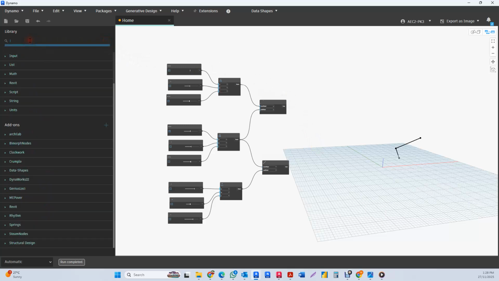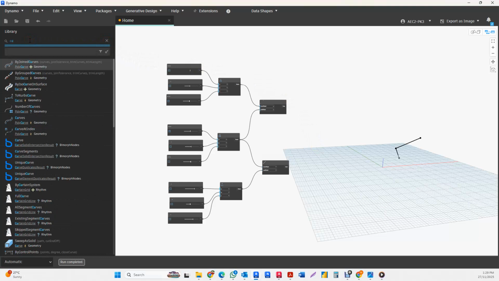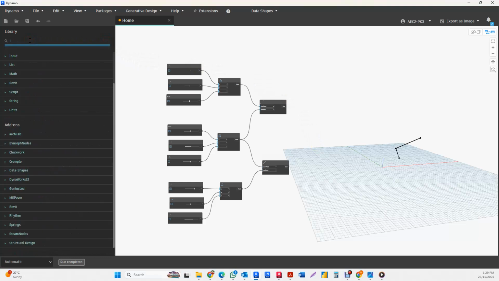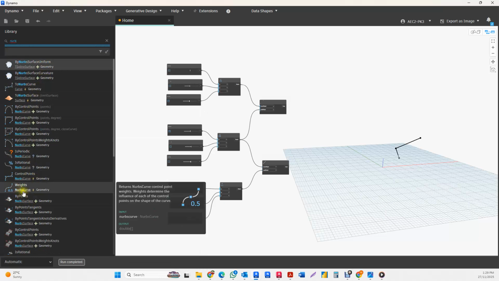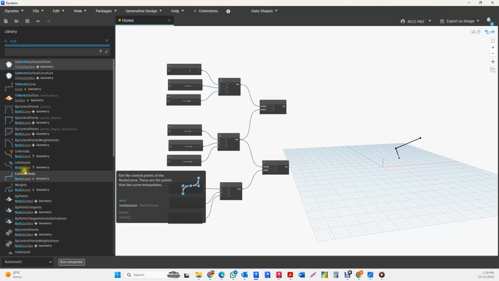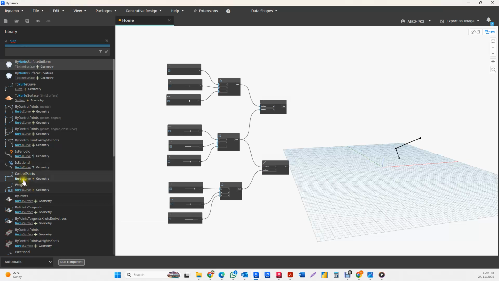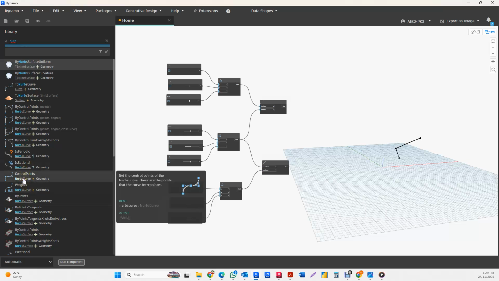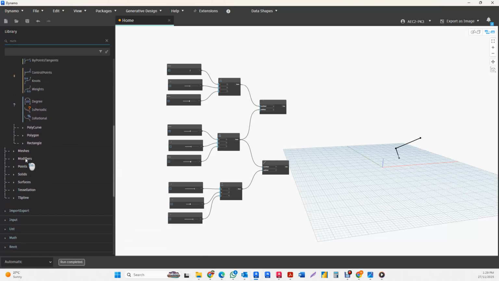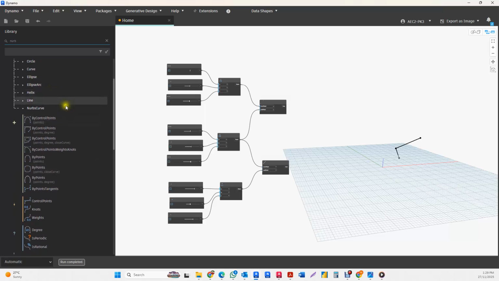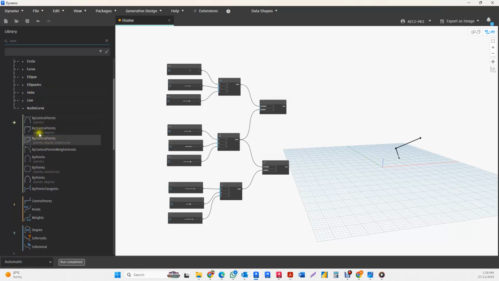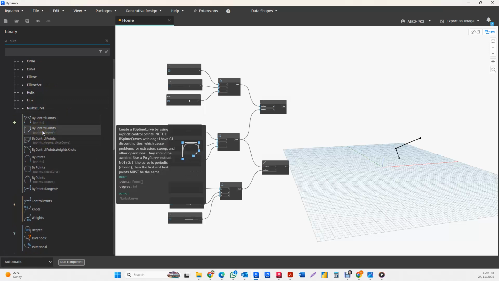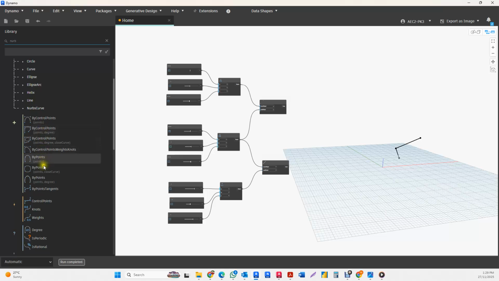Go here and write curve. NURB curve. And then go for NURB surface, NURB. This is a NURB curve. This is a NURB curve also. Any one of these will give you the result. Click on NURB curve and then you will have everything in NURB curve. How? By control point. I will explain this control point later on. And by point,